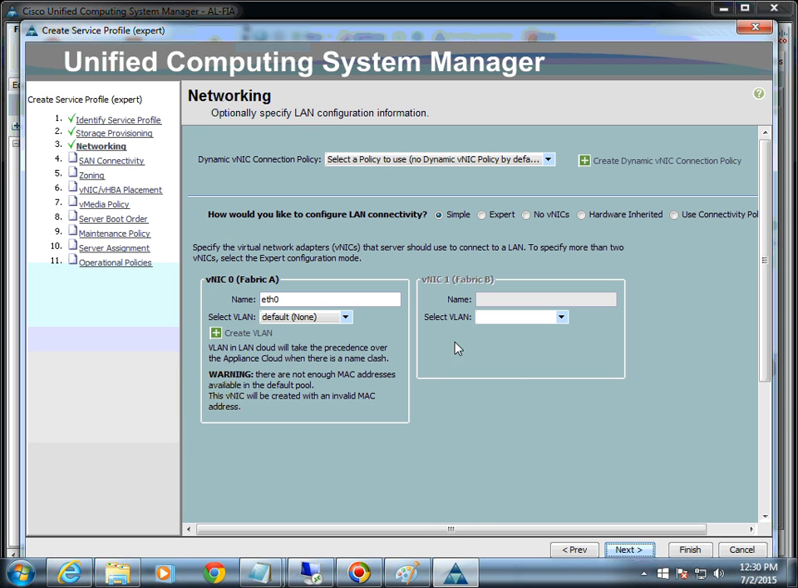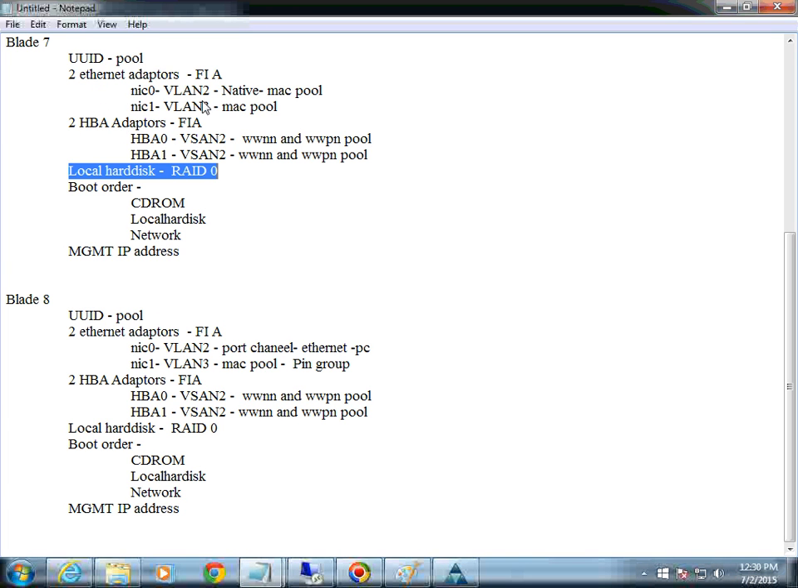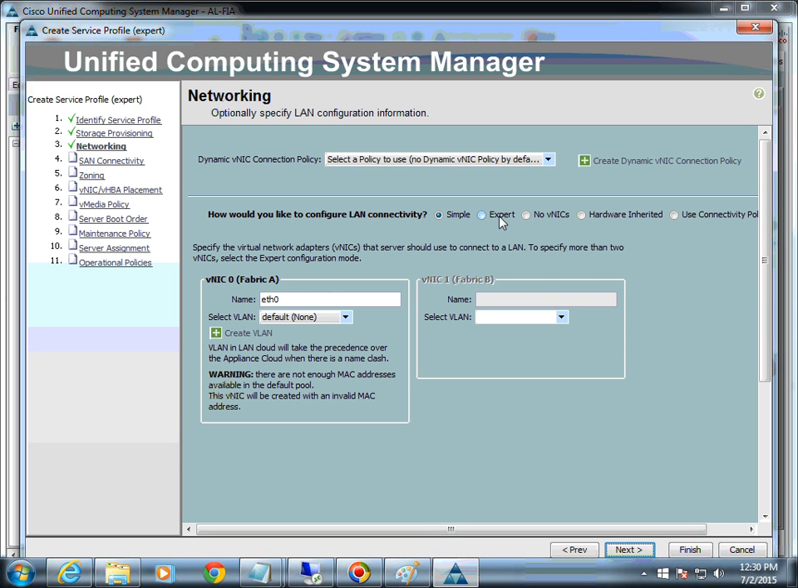The networking connectivity. So what is our networking connectivity requirement here on blade 7? How many Ethernet adapters do we require here? 2 Ethernet adapters. One Ethernet adapter should connect to VLAN 2, another Ethernet adapter should connect to VLAN 3 of the FI A. I'm just simply selecting the expert